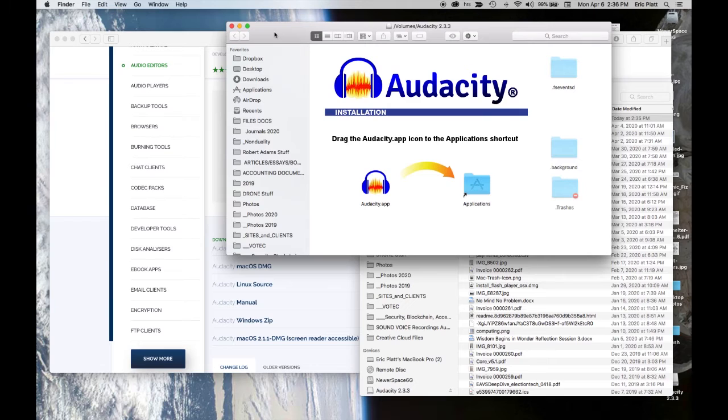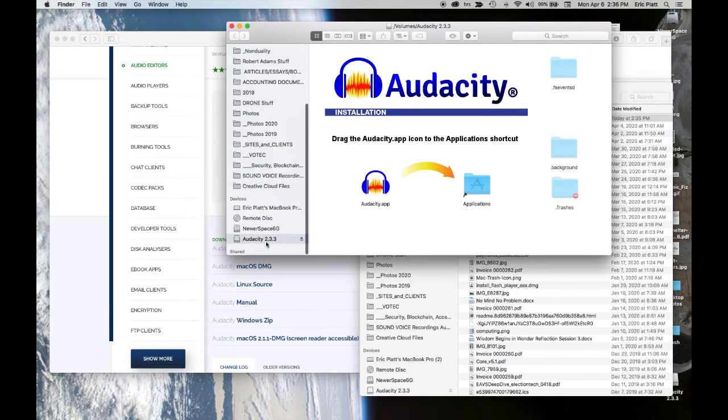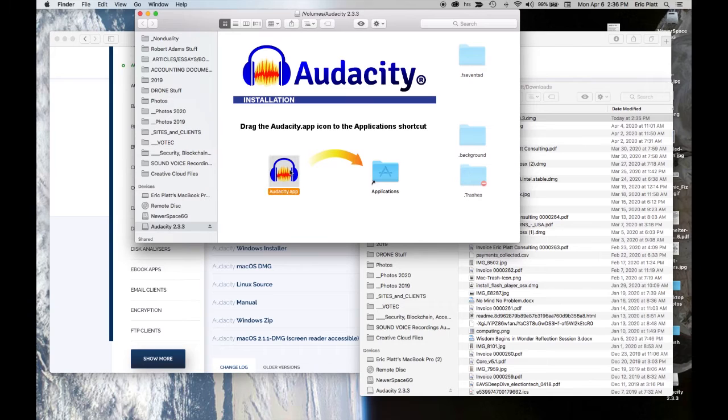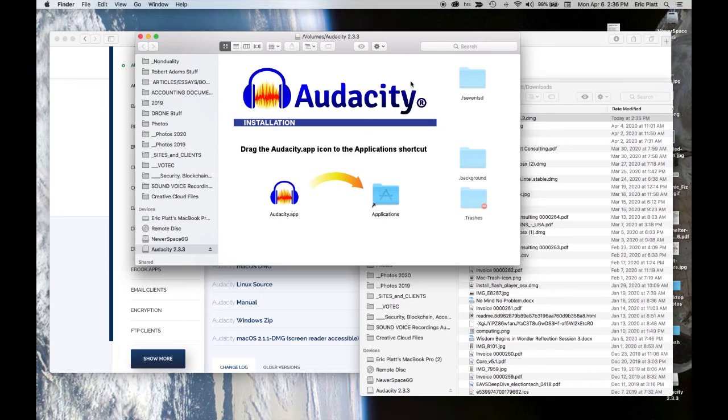So here we go, it's decompressed, and you can see it actually shows up as a little virtual hard drive, along with the regular hard drive, and shows the program ready to put in your applications folder. And this is pretty standard for installing software on a Mac. They give you an alias for the applications folder. So the easy way to do it is just drag it right to that alias, and